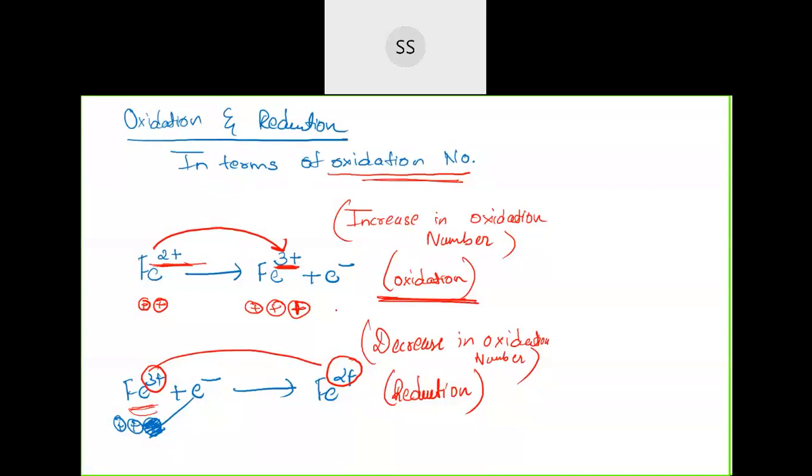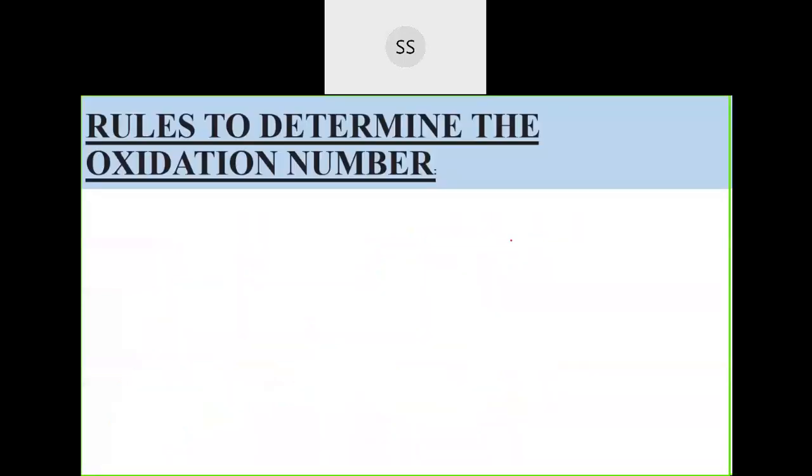Yes, so we have now defined it in terms of oxidation number. Let me move on. Now I will go for the rules which I told you. You need to remember them to calculate the oxidation number for any unknown element given to you. They will not ask you the rules, they will directly give you a compound and you should know how to calculate, like how with IUPAC they directly give you a compound and you should know how to name it. So I'm going for those rules to determine the oxidation number. You can write this down along with me, understand and then write.